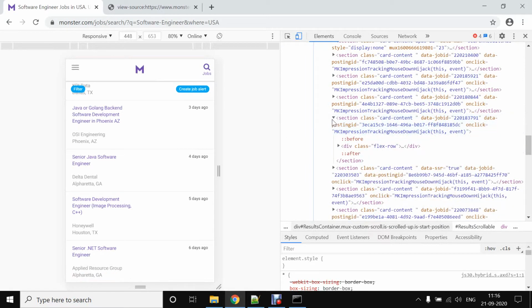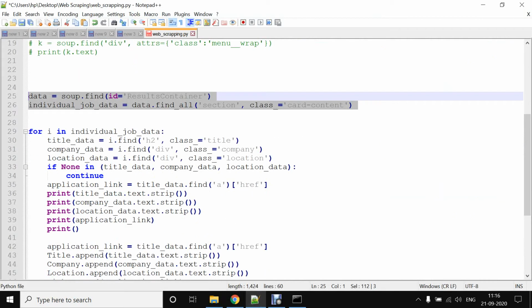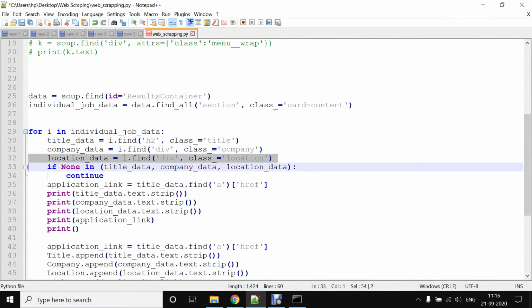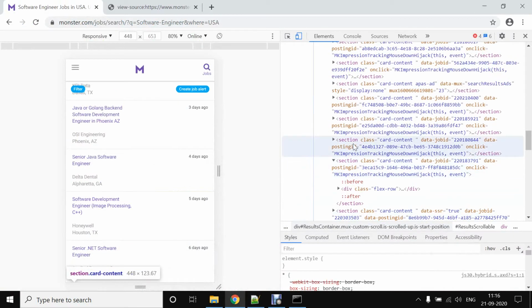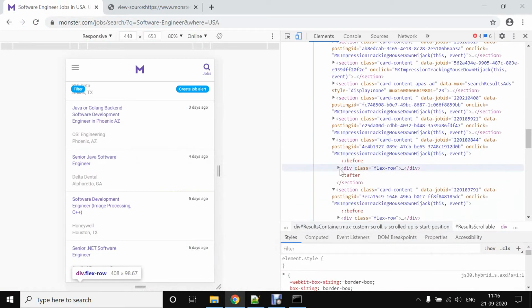Suppose I am fetching the title, location, job description. We are fetching the title, company name, location, and the application name. All this data is under that section class.